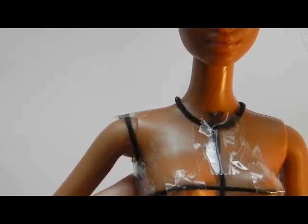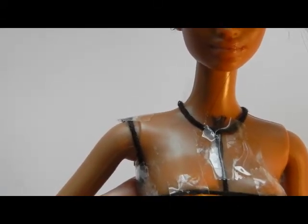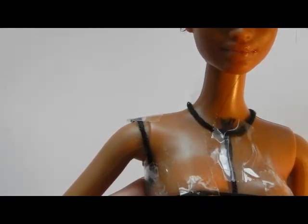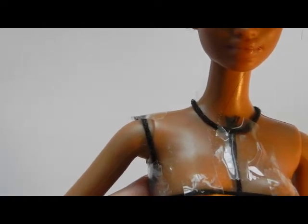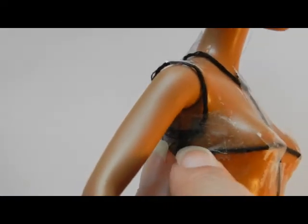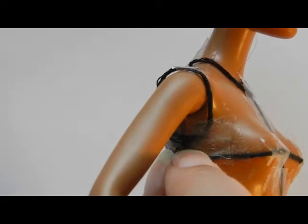Now, next we must mark her armholes, and remember that the sleeve will be set into this armhole, so we don't want it to be too tight around the arm, because we have to understand that there'll be seam allowance. So I'm marking it down almost to the bust, but not quite. A little bit up. Let's see, I'll make it so you can see a little better. And I bring it around the arm, but I don't put it on the crack with this doll where the arm joins. I bring it a little bit off onto the shoulder,